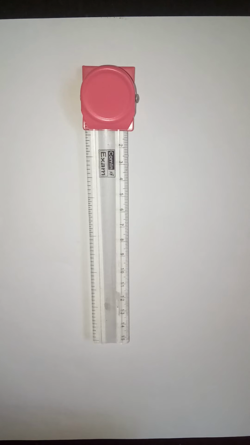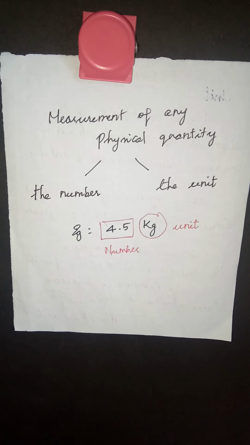In everyday life, we come across a number of measurements. Example, we buy vegetables in kilograms, which is mass, milk in liters, which is volume, and cloth in meters, which is length. However, during scientific studies, in addition to these measurements, such as mass, volumes, and lengths, we come across the measurement of a number of other quantities, such as temperature, pressure, concentration, force, work, density, etc. All such quantities which we come across during our scientific studies are called physical quantities. So we are going to see about the measurement of these physical quantities.